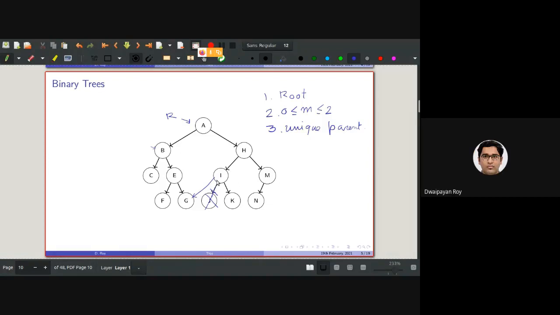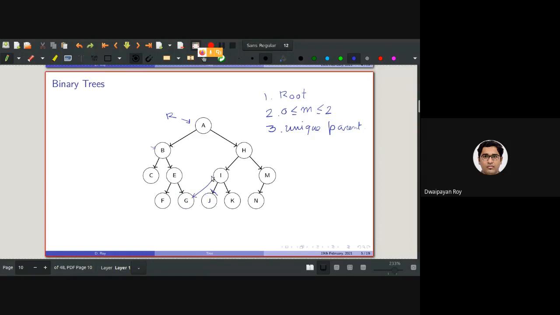So the third condition is not getting satisfied for this node. That's why it is not actually a binary tree. If I point the left child of I to G, G will have two parents, E and I. That's why it will not be a binary tree anymore.